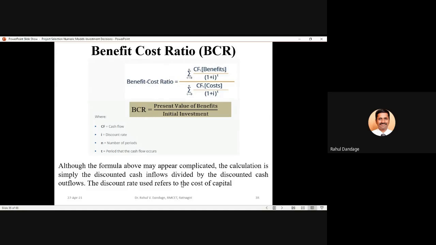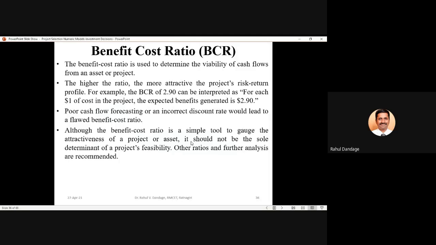The discount rate usually refers to the cost of capital. So whatever cost of capital, rate of interest, or discount rate is mentioned in the problem, we have to use here in place of the value of I. As we have discussed earlier, whenever we are trying to find present values, this I should be substituted in the form of decimals. So if a 15% discount rate or cost of capital is given, we should substitute here 1 plus 0.15, that is 1.15 raised to T, and T will be from 0 to N, whatever the benefits incurred.